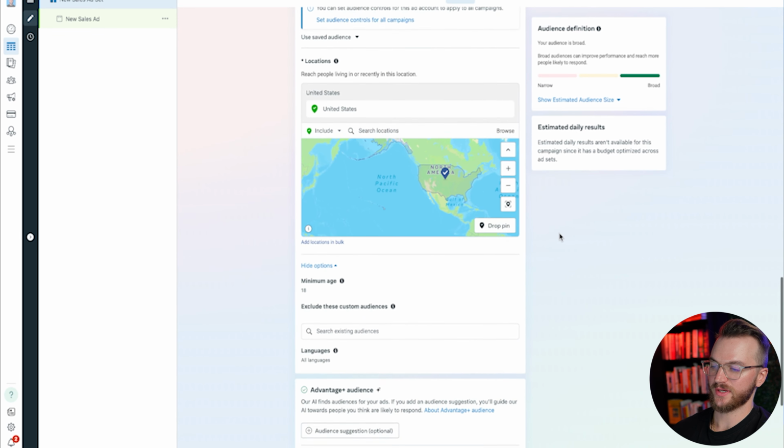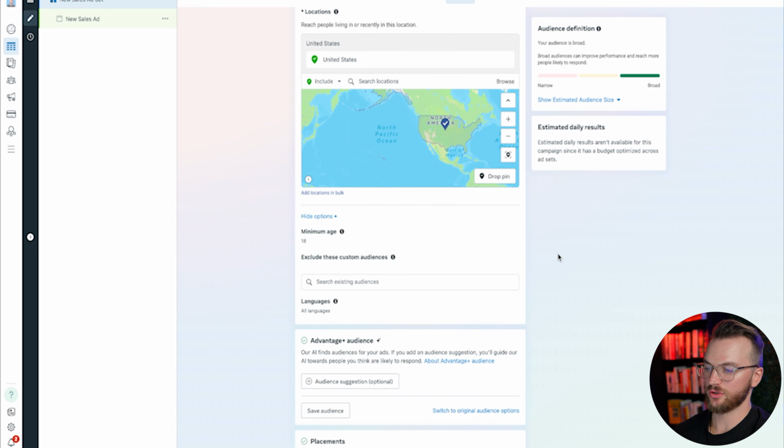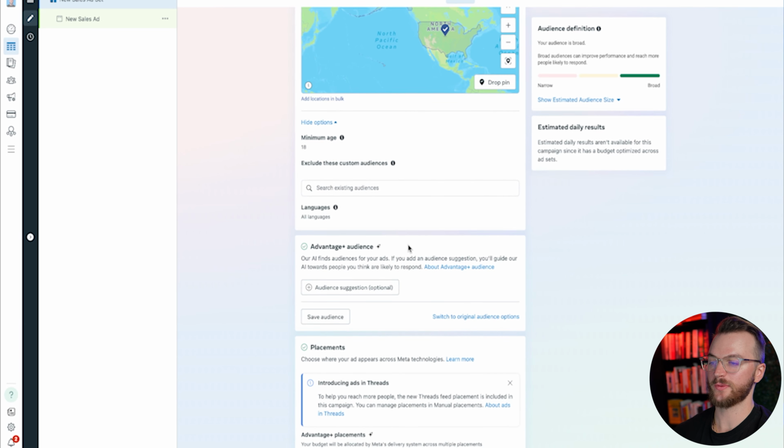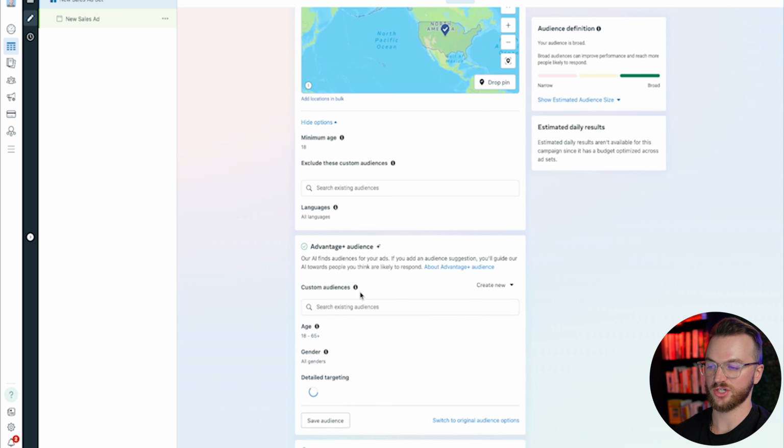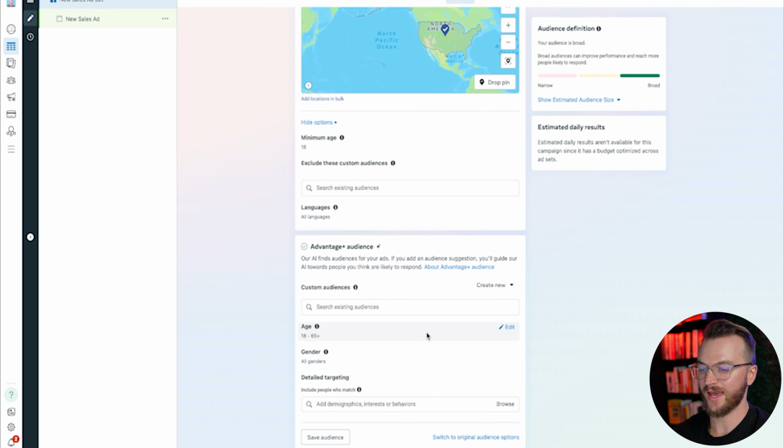So from here, what we can do is set a minimum age, and then we can exclude custom audiences as well. Don't recommend doing that, but this is where you could exclude purchases or something like that if you wanted to. And then you can also set your language right here. Now, currently we have Advantage plus audience on, and that's where we can add in audience suggestions. So if we wanted to add in a suggestion for where we think our audience is, we can do that here. But what that essentially means is Facebook is using its AI and everything like that to take your suggestion, try it out, but really Facebook can target whoever it wants, whatever interest it wants,